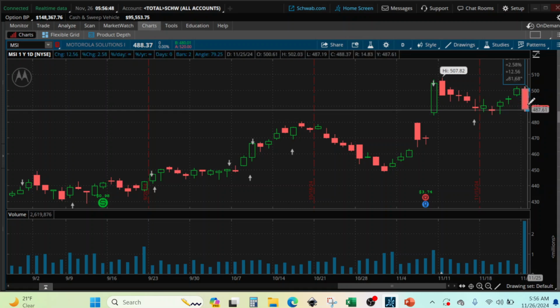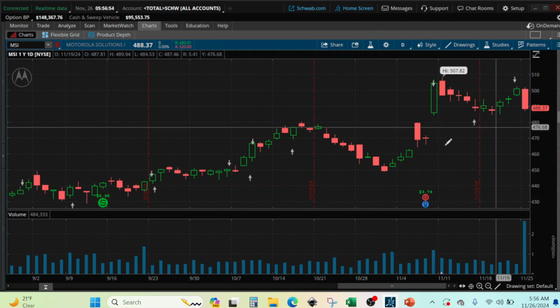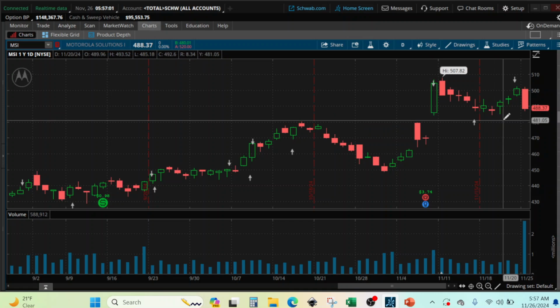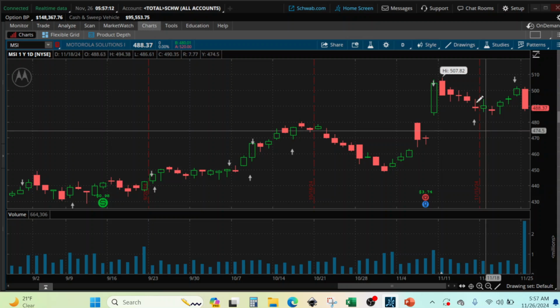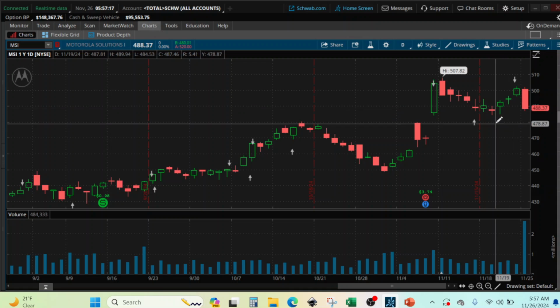I don't remember those names anymore, and I don't even trade focusing on what they are. But I think one of them is called a doji. I don't know which one is the doji, or if it's this one. But there is one that will have a long bar at the bottom with a small rectangle on top, or a small rectangle at the bottom and a long bar on top, whether it's red or green. So it can signify something for the next